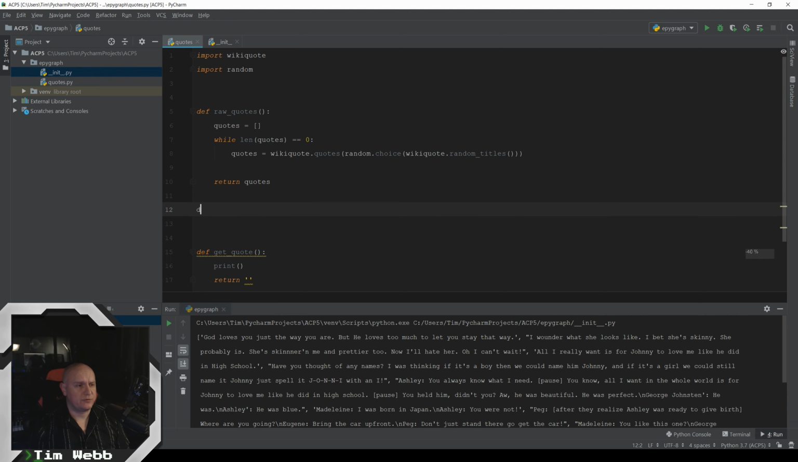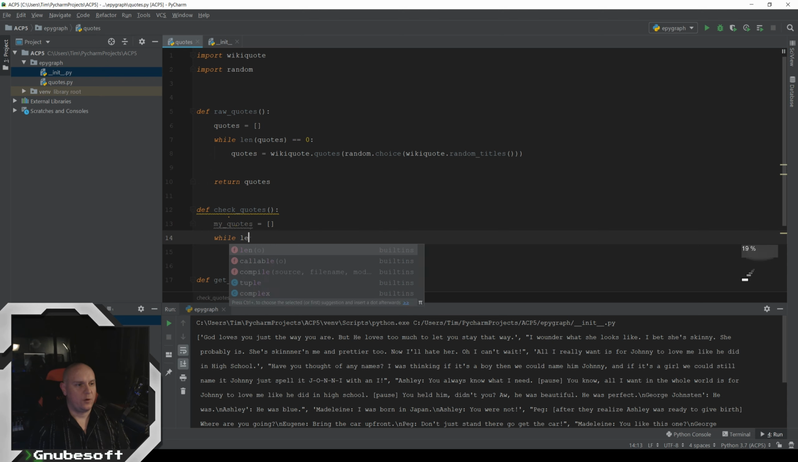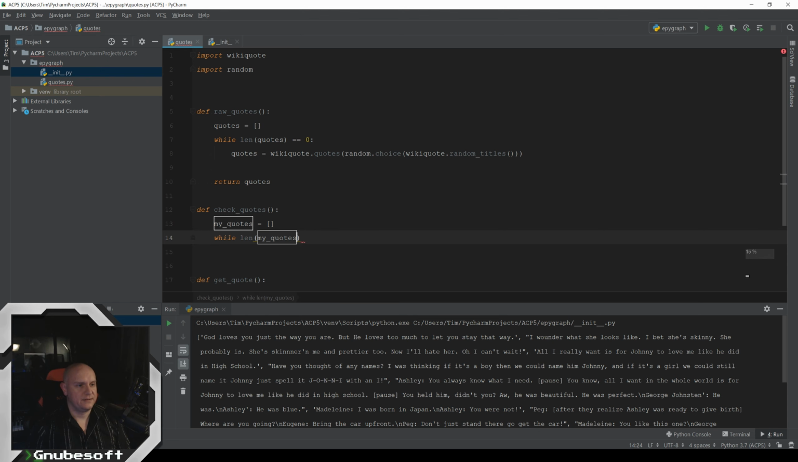So let's check the quotes to make sure that they're good. And we're going to call this a different empty list, but we're basically doing a similar thing here where we're making an empty list. And while the length of this list is empty or 0, we're going to keep going through it until we get what we want. So the way that this is going to work is I'm going to say for quote in raw quotes up here,